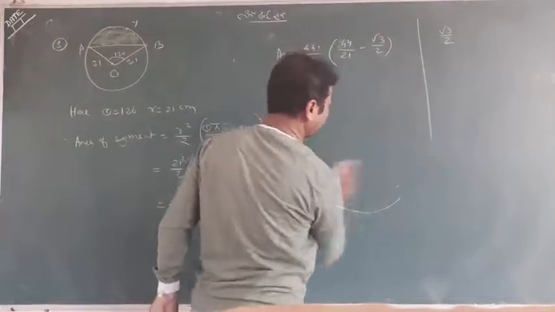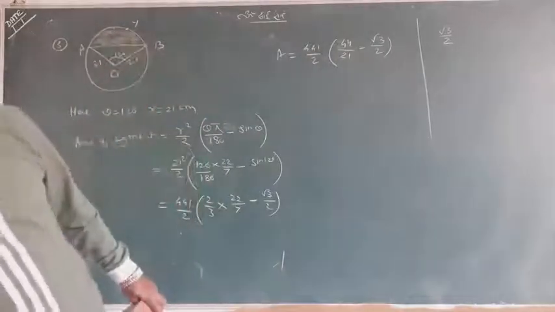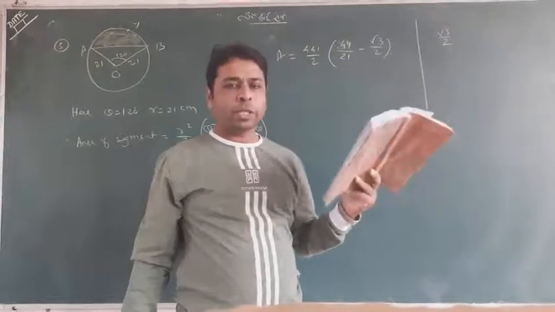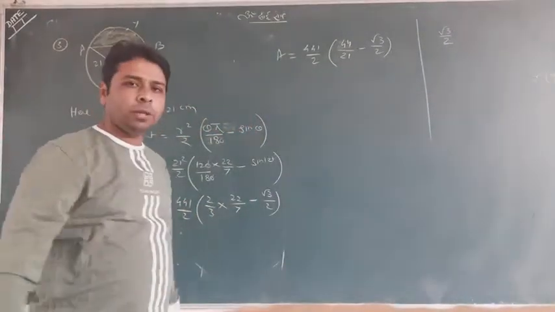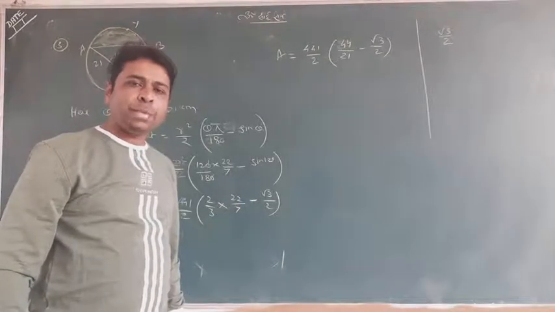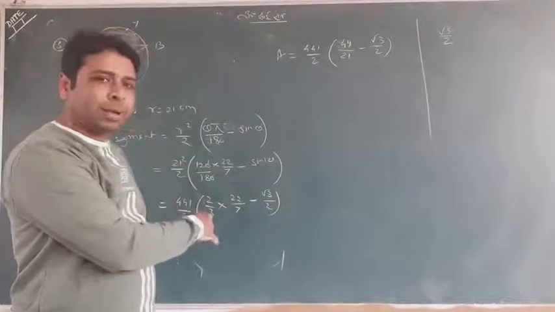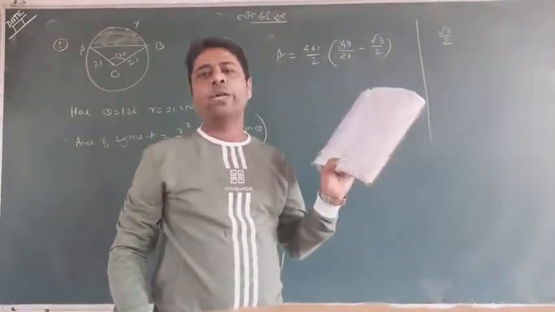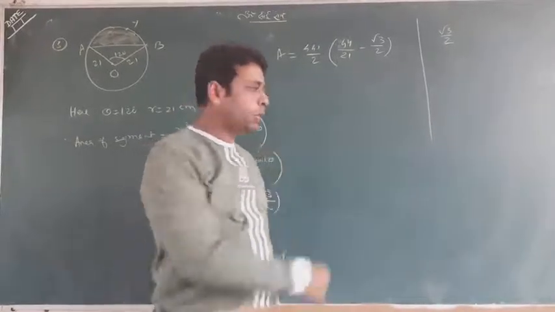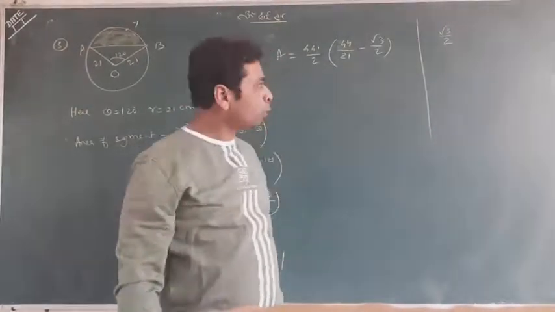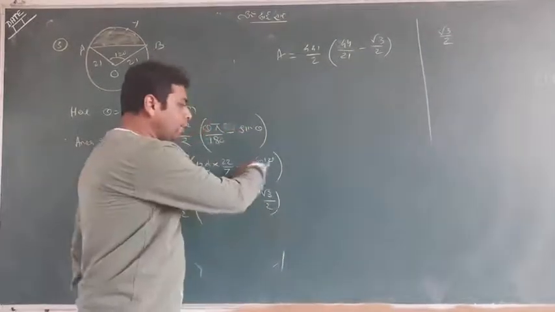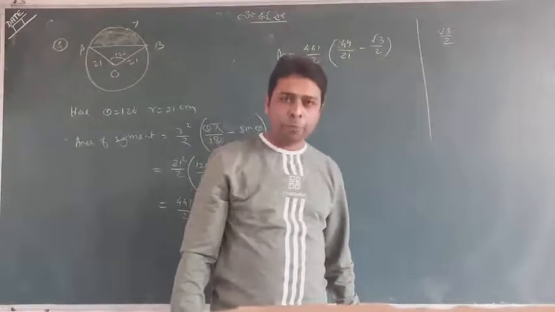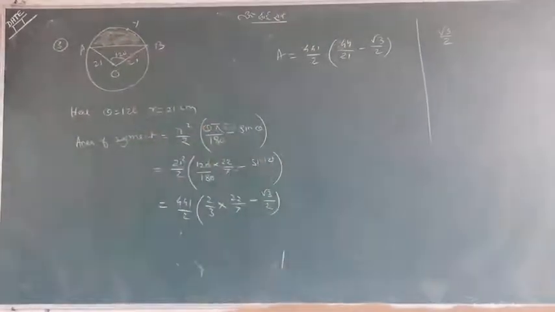This is also acceptable. Now, I want to pull your attention towards the solution of the book, at page number 229. See the solution here which I made. You will definitely compare that this is one of the easiest methods. After the fourth step you got the answer, but the book has about 20 steps, I think. So please follow this method. It's a very easy concept. For this particular question, you didn't know the value of sine 120 degrees. It's beyond your class 10 syllabus. You should only remember it for the particular question.